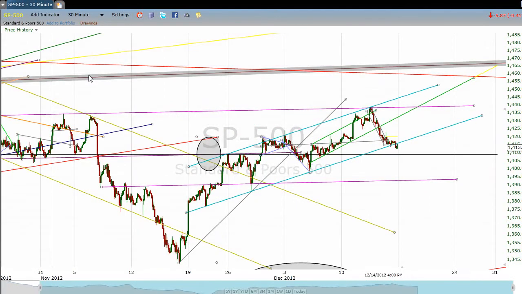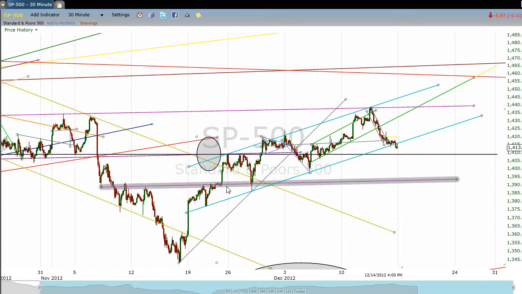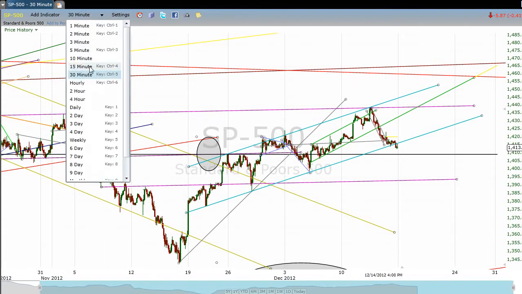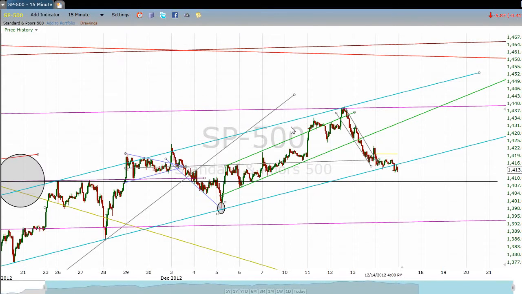So we topped out up here, and I'll remind you that we were looking at an inverted head and shoulders pattern back here from the early part of November on through actually to just before Thanksgiving. And that pattern had a target. It was around 1434, 1435. Now on Tuesday, I mentioned that I thought the high set on Tuesday was good enough to have satisfied that pattern because we did tag 1434, but you can see that the market wanted to put in a little bit more effort to do a little better than that.